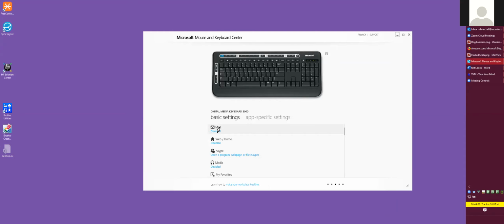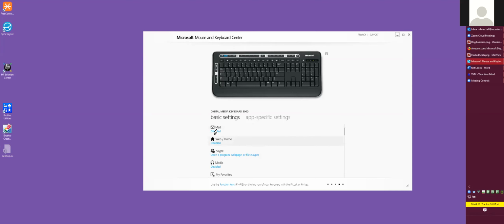Actually, I was able to figure out the scan key for that, and I programmed it to be my screensaver. So when I press screensaver, one key, that's my thing. They say disable, but it does that. Web home,